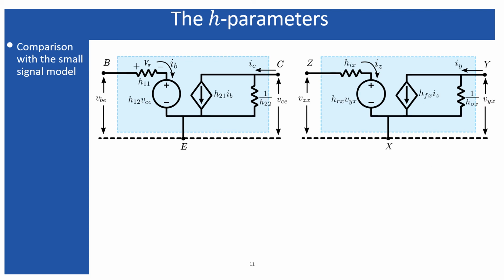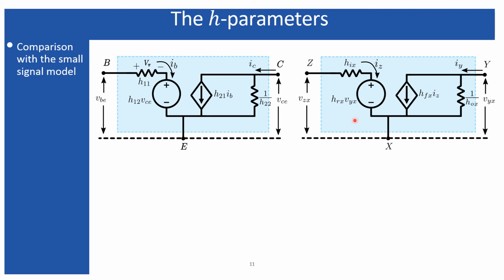So the last thing I have to consider for the H parameter is that we have seen earlier that the H parameter model is much more versatile and robust in comparison with the small signal model, because the orientation of the circuit element remains the same for the H parameters. Only the things that are varying are these h11, h12, h21, h22 values of the H parameters. So when you are changing from common emitter to common base and common collector, you must redefine or rename these parameters, which will be associated with their corresponding configurations.